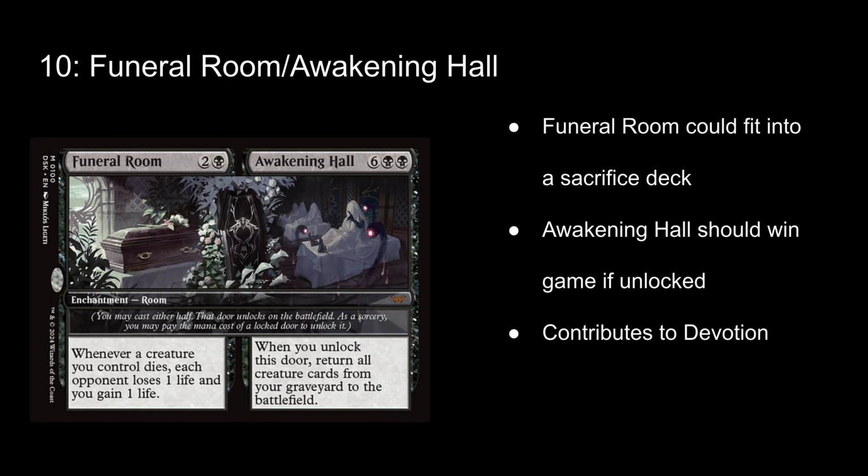I have this card at 10 mostly for the Funeral Room side. While Awakening Hall could win you the game if you cast it or unlock it later, most of the time you will only have Funeral Room mana. However, I am pretty sure the Awakening Hall pips will count towards Devotion even if you only play Funeral Room. I'm not sure about that. Please correct me in the comments if I'm wrong, but that is something to keep in mind if you are